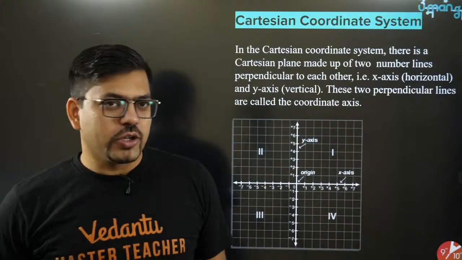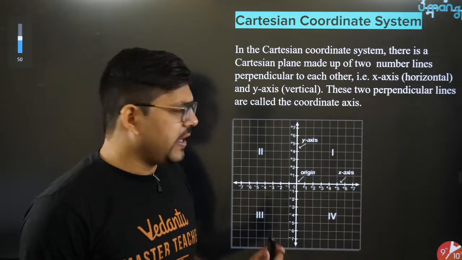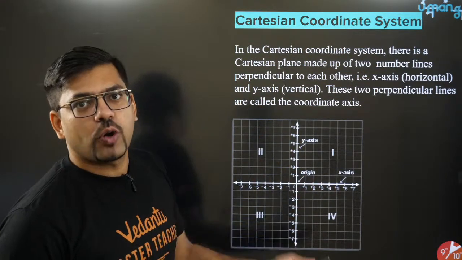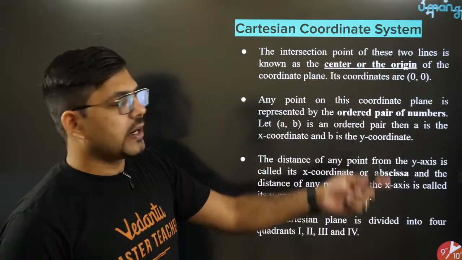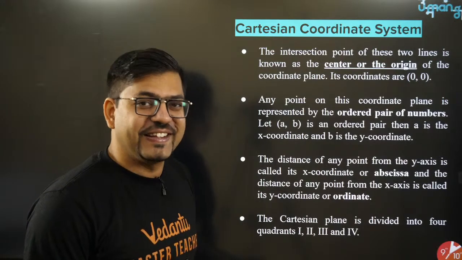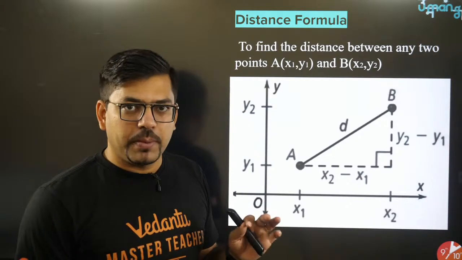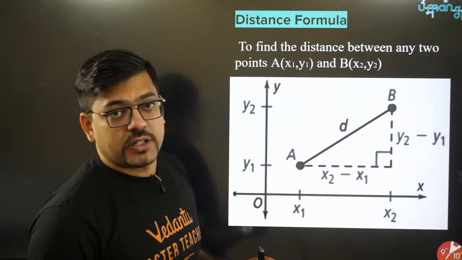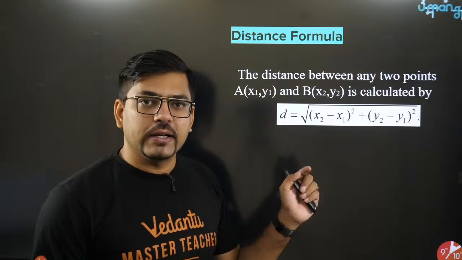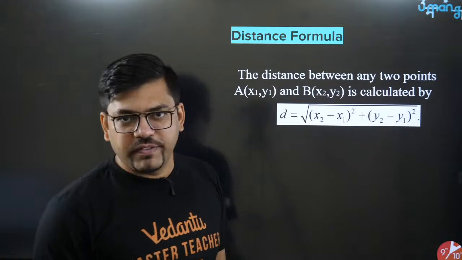So in coordinate geometry, I guess you all know these basic things, so I'll not be spending much time on them, but I'll mention them once. This is the coordinate system. In this coordinate system we have the x-axis and y-axis. We call it the coordinate plane. Moving ahead, this is the Cartesian coordinate system. These are all basic stuff, so I'm not explaining them again and again because you'll get bored. And the distance formula is the most important part of this chapter. Please remember this distance formula, it's very important. Distance is root under (x2 minus x1) whole square plus (y2 minus y1) whole square.